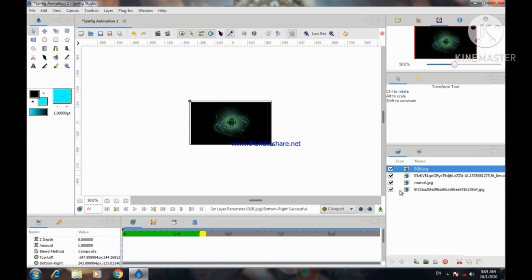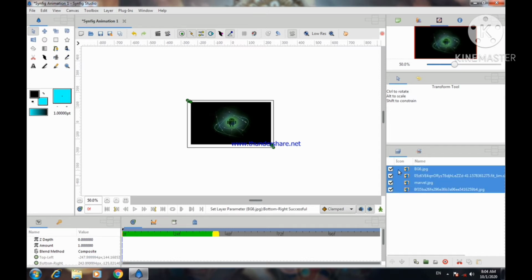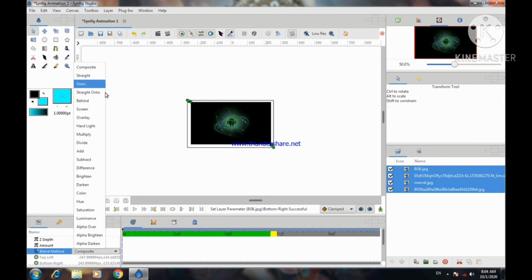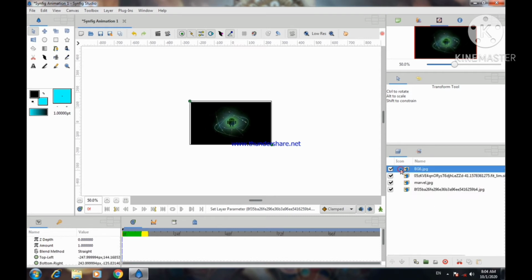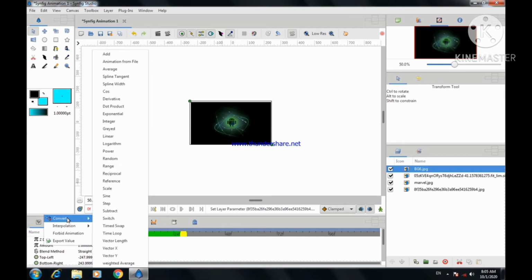For that, first of all, select all the images, press shift key and select all 4 images, right? Then change the blend method from composite to straight. Now select individual image, right click on the amount property, select option convert timed swap.